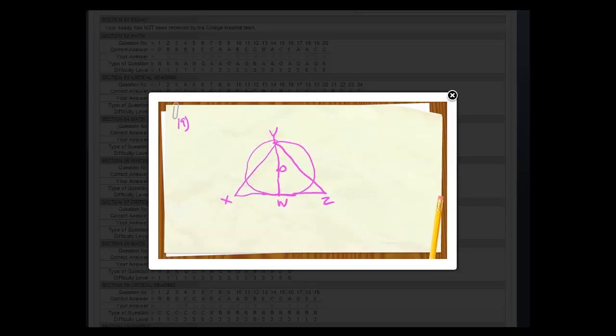Okay, question number 19, we were told that our triangle here, XYZ, is equilateral, and each of the sides has a length of 2. So basically this is 2, and